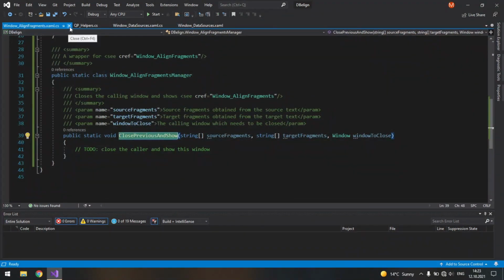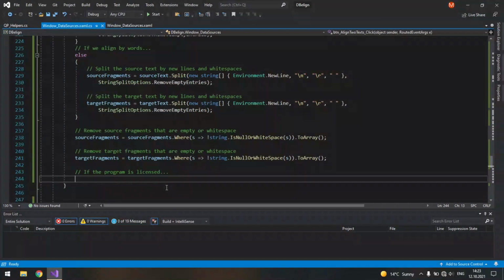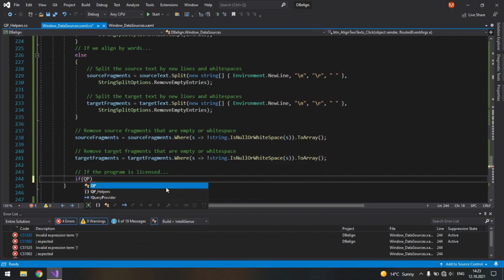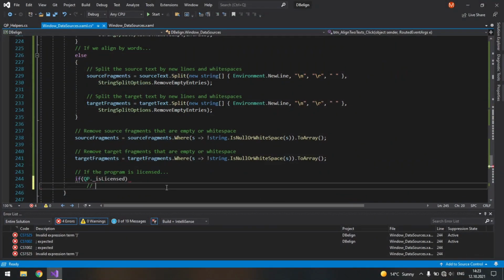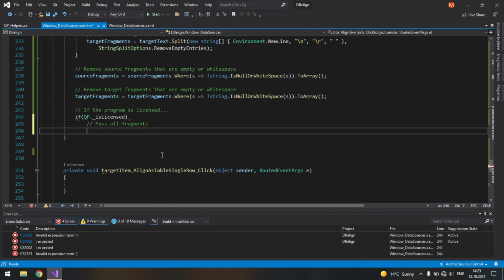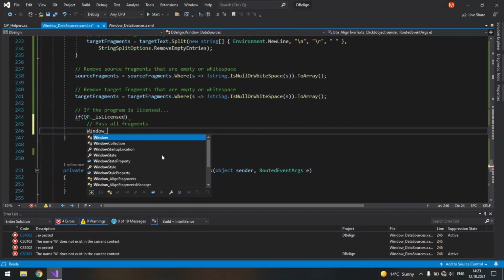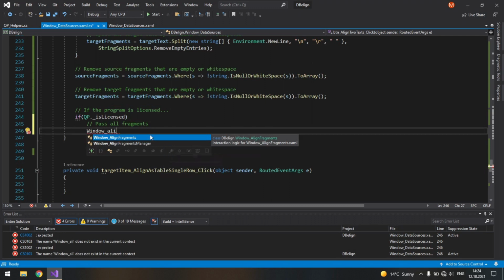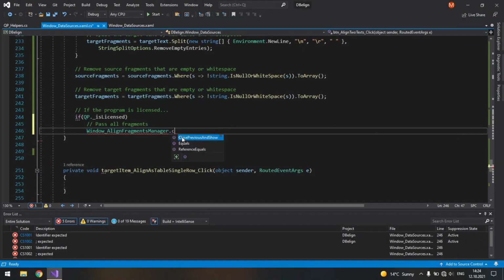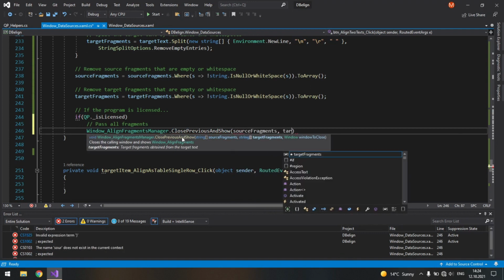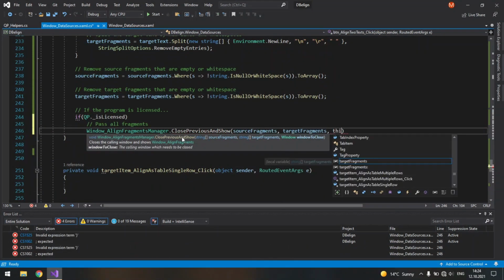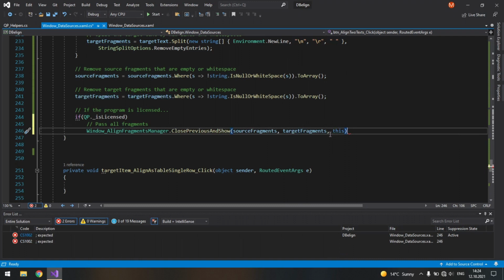That's it for this window. So if the program is licensed, we shall pass all fragments, and it looks like window align fragments manager, and we call its method close previous and show, and we pass here source fragments, target fragments, and this window. This already refers to this window data sources.